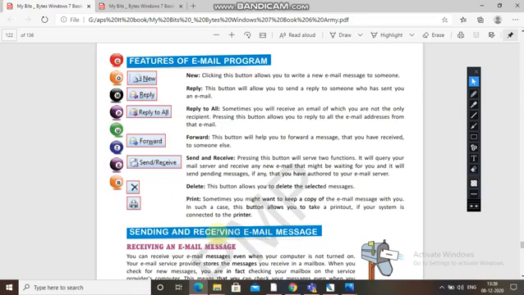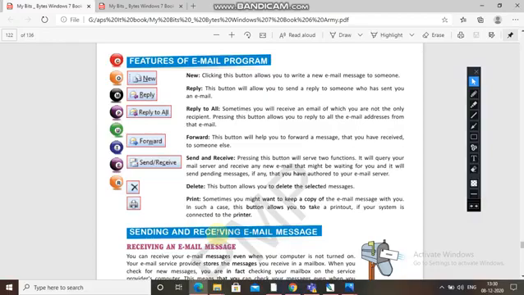Reply: this button will allow you to send a reply to someone who has sent you an email. Means the person who is sending you a mail, if you want to reply or answer to that person, then you will click on reply.